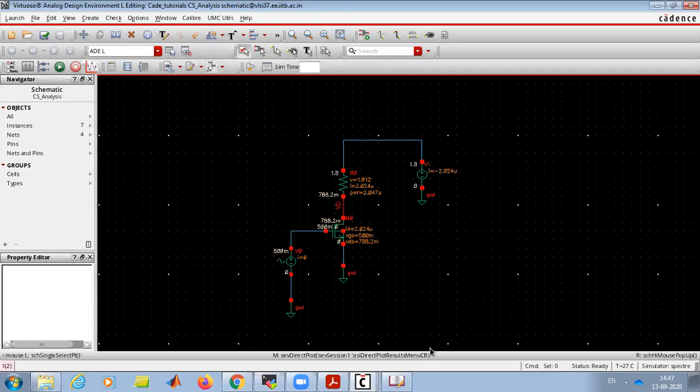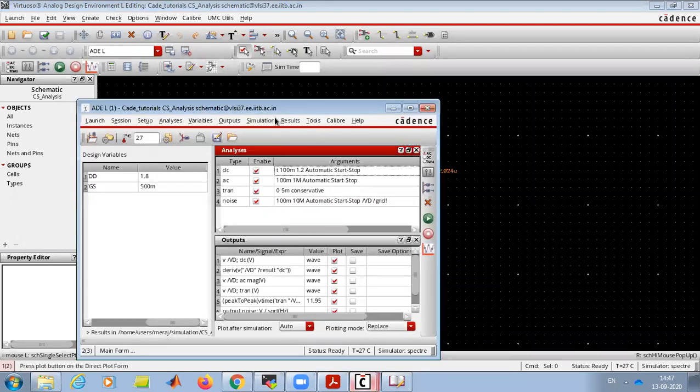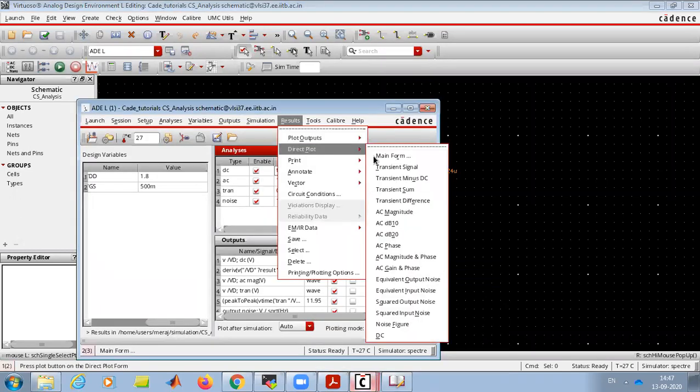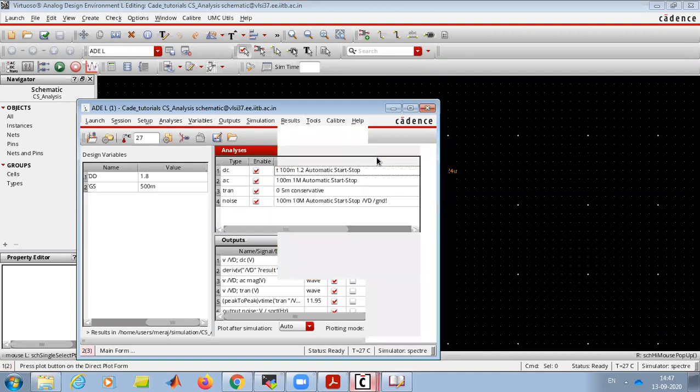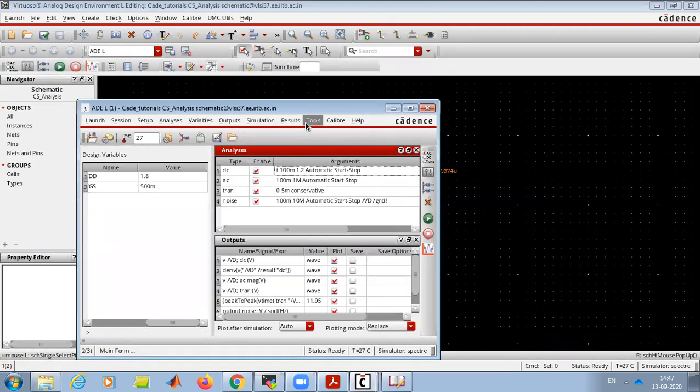Here we don't have that option to separate, because whenever we plot noise, we don't get an option to separate the flicker and thermal noise. But if you go to the result browser, they are already separated. What this ADA does is it combines them and just gives the output.